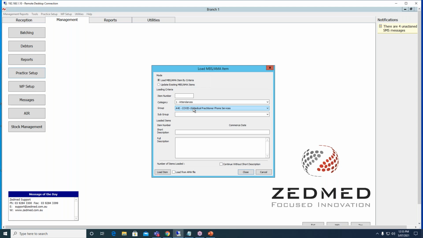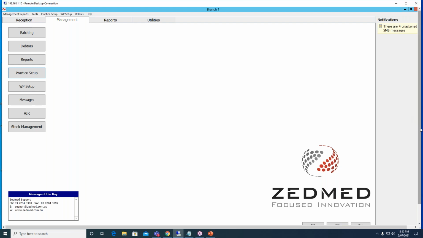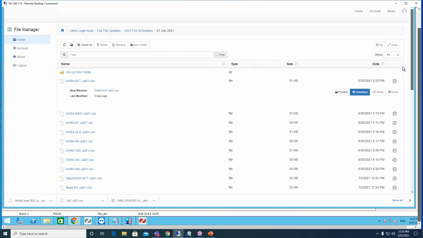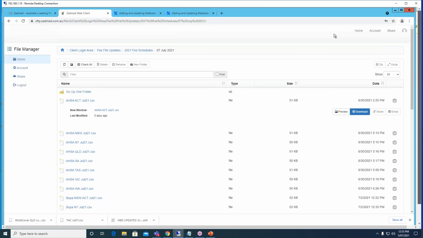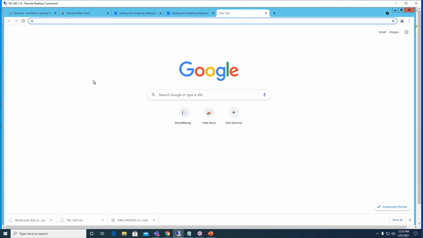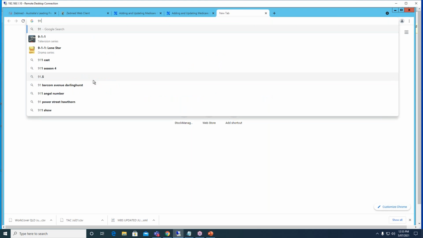And the other one is also adding, so we have item numbers 91890. If you're not sure of the categories, there's two ways you can find out. You can use Zedmed, or you can just jump online and look up the categories on the Medicare website. They do have it. So if I'm looking for an item 91890,